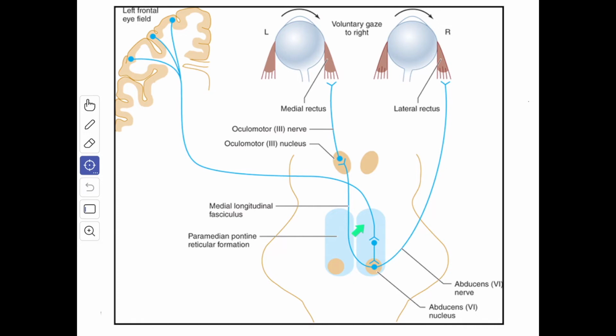The cells in the reticular formation adjacent to the abducent nucleus constitute the para-abducent nucleus, which functions as the center for lateral gaze. These cells send fibers to the ipsilateral abducent nucleus through the medial longitudinal fasciculus and to those cells of the contralateral oculomotor nucleus that supply the medial rectus muscle. The action of the medial and lateral recti are thus coordinated for the horizontal movement of the eye.